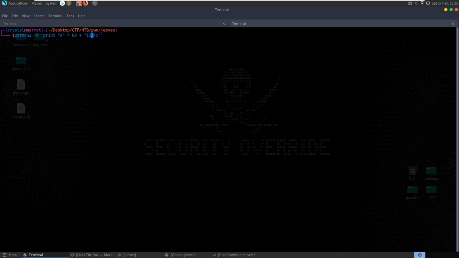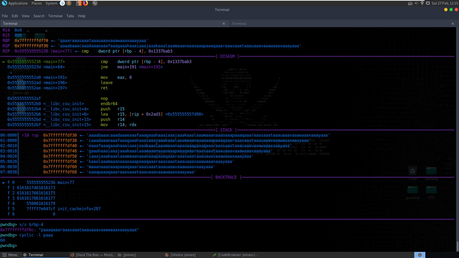And just as a reminder, we want to put in leet babe, but we want to put it in reverse order, in little endian format, so we can say \x13 and then \x37, \xba, \xb3. Now if we print that, some of these characters don't print properly in ASCII, they're not in the range, so let's print this to a file called payload,